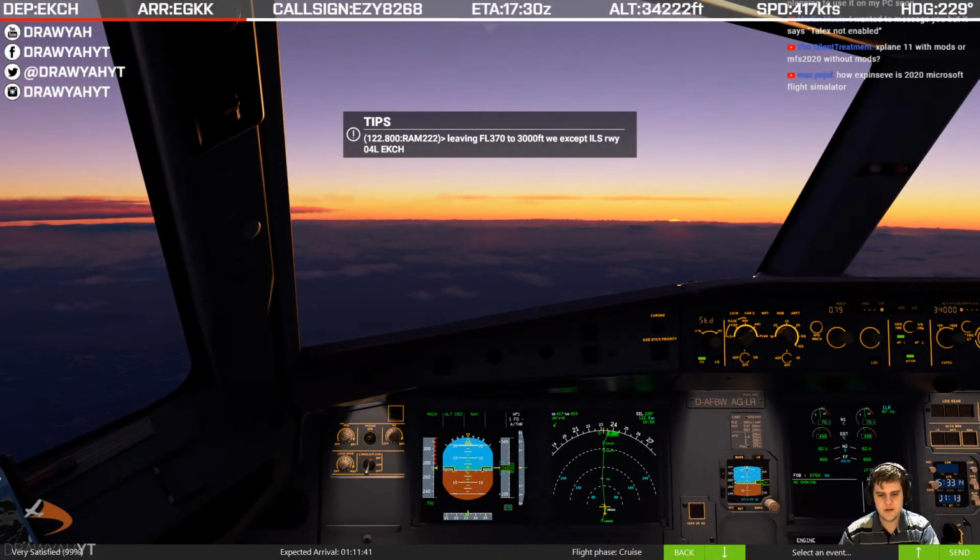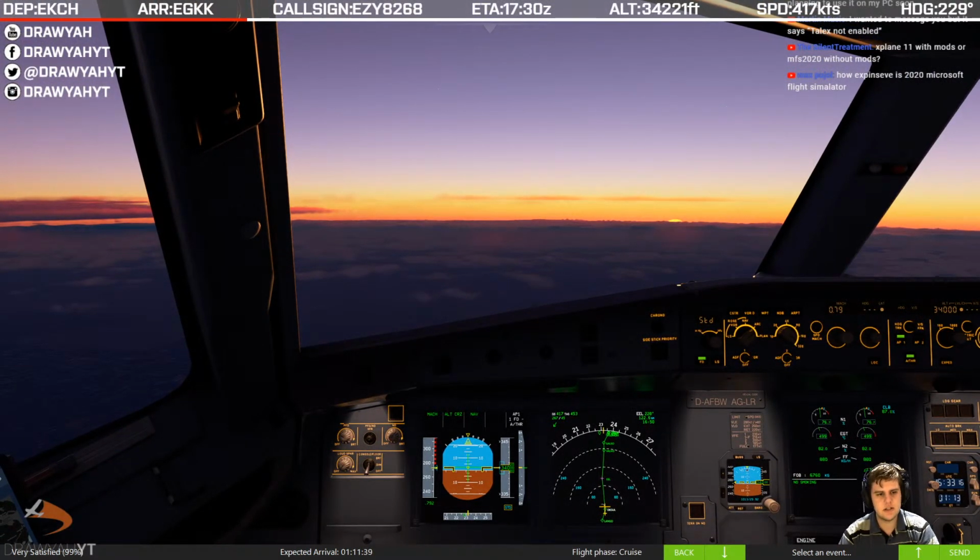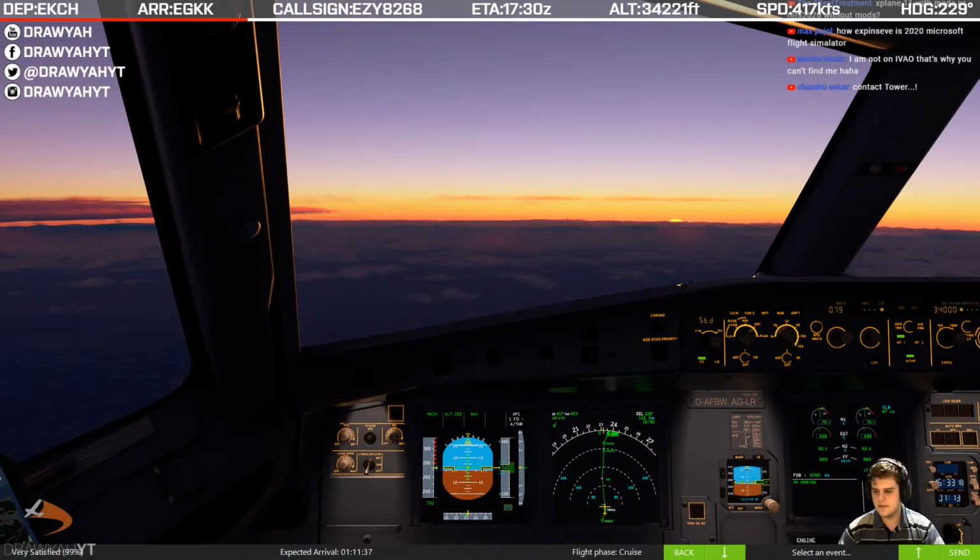How expensive is 2020 Microsoft Flight Sim? It's $60 for the base version, $90 for premium, and